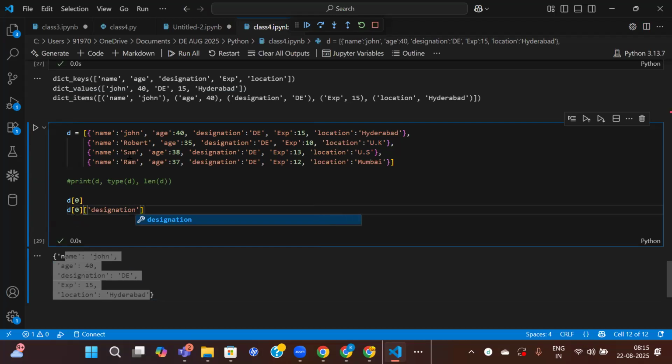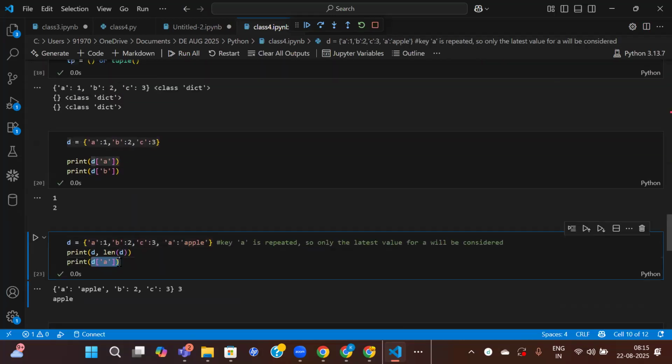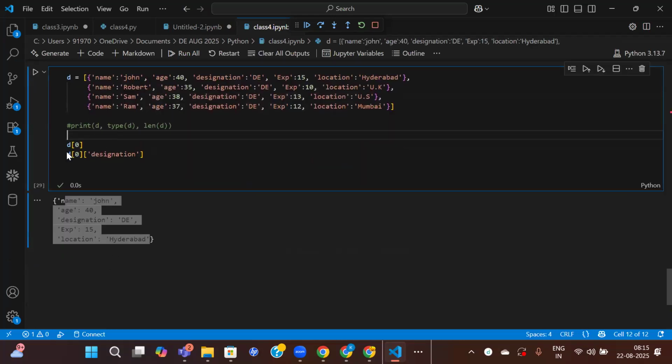So D of 0 of designation. So previously what we have done, D of A, D of B, D of C we have taken directly because this is directly a dictionary. That's why we have taken directly keys here. Now D is not a dictionary. D of 0 is a dictionary now. So on this dictionary, these are the keys. So let us write here designation equal to